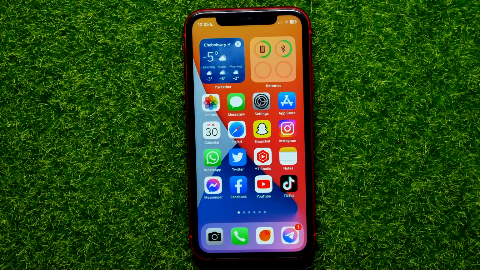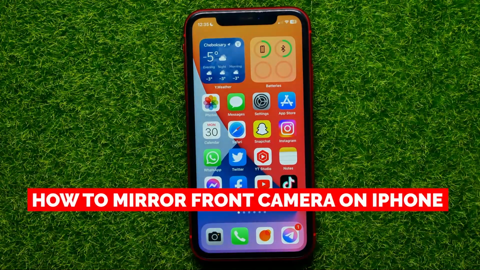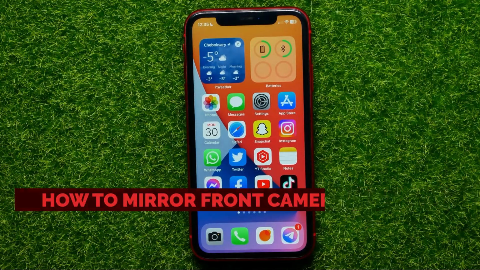Hello guys, welcome back. In this video I'm going to show you how you can easily mirror your frontal camera